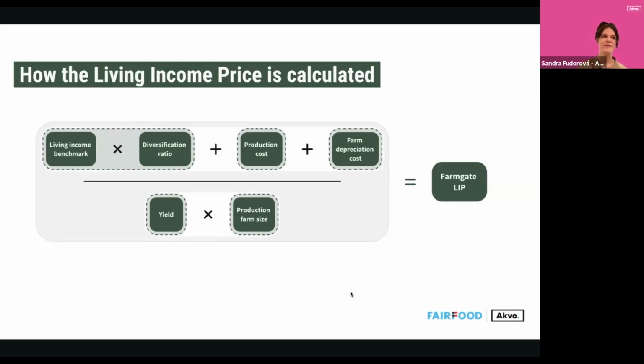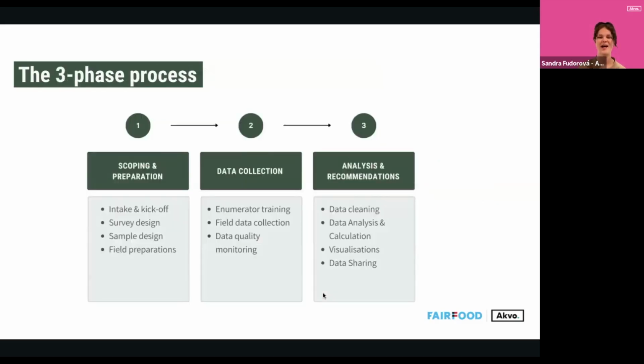And this living income price really comes through the toolkit in multiple aspects, whether it being used as a metric for us to evaluate different interventions and how much these impact farmers, or as a way to segment farmers into different categories that then helps us look at different patterns that we can see within the data. But I understand that most of you are here today to understand how we get to this living income price. And this process of any project will usually follow these 3 steps that you can now see on the screen.